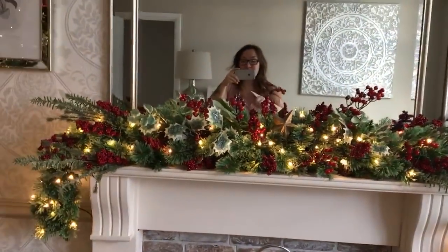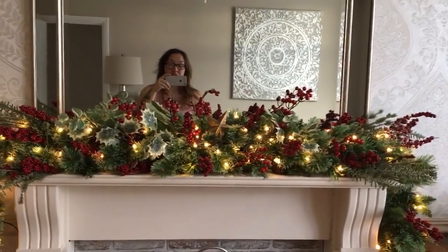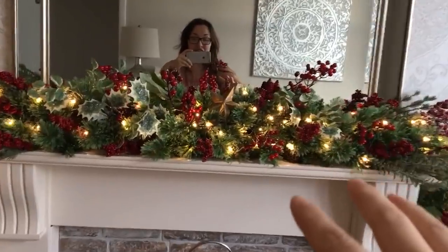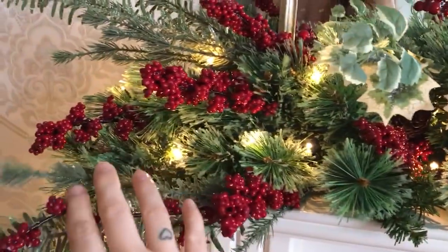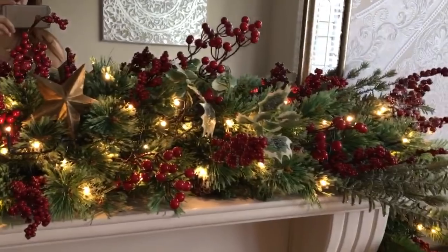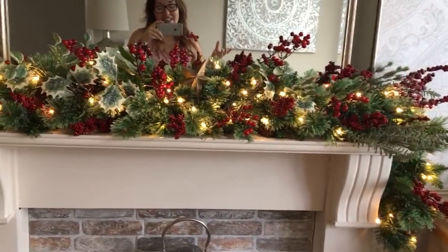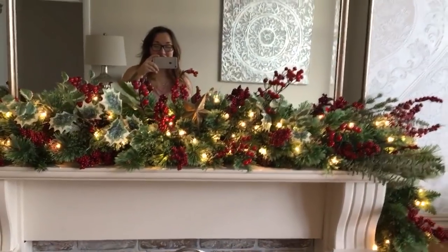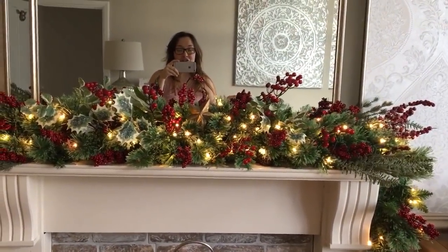And what I've done is I've put in a nice little packet of lights, twined them all through, looped them all through. And all of these berries and different materials like the ivy and all these different sprigs, I've added those in there. And what's quite nice is it actually works out cheaper to do it like this. So the sprigs in H&M, Home Bargains and the Range are normally about $2.99, but you would need probably about 3 or 4 of those,